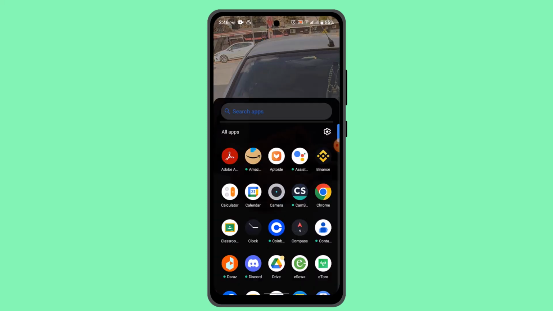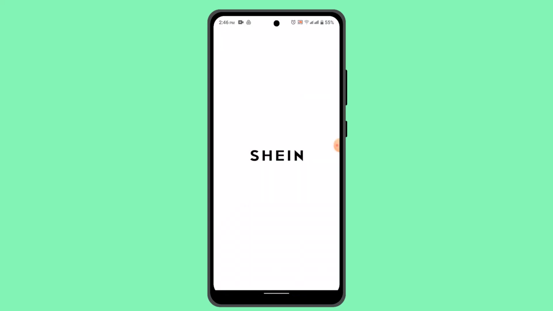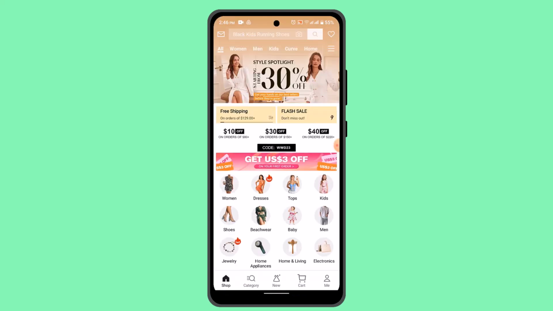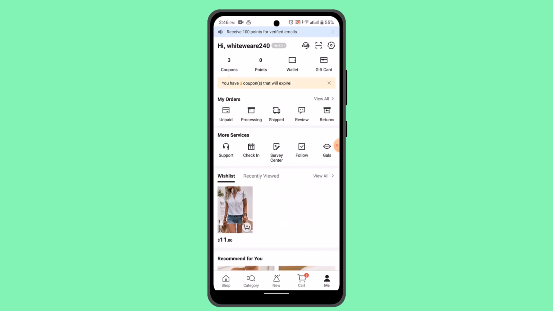So first of all, you need to go ahead and log in to your Shein account. Once you're logged in, that's going to direct you to the home page. Right on this page, you'll be able to see the interface, something like this. And over here, you need to go ahead and tap on the Me icon located in the bottom right-hand side corner. After that, it's going to direct you to the profile info page, and right in between you can